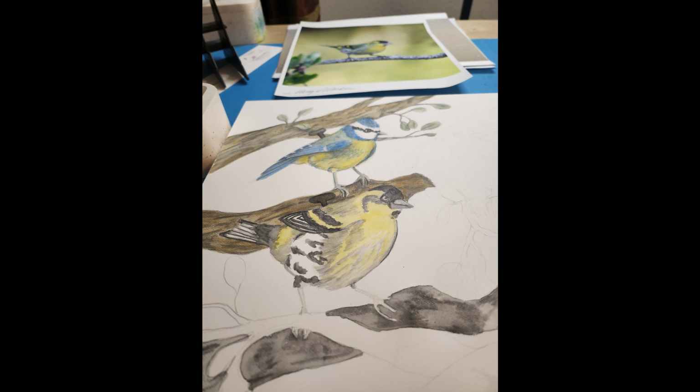And I said, yeah. So I pulled out some photos. I have reference photos that I bought of some different birds. And I drew a composition. And then I left it alone. And then I drew in the tree branches and the leaves, and I left it alone. And then I started coloring it with water-soluble graphite pencils, because that's the plan. I'm doing a glaze. So I worked on that delicately and did the branches on the left side, did the first bird, then the second bird,